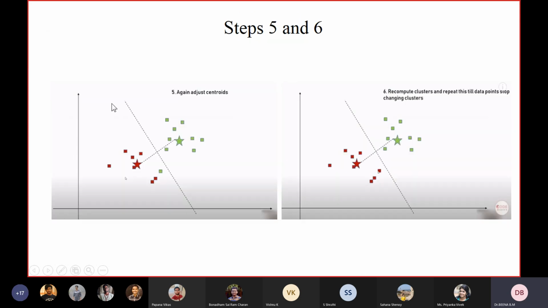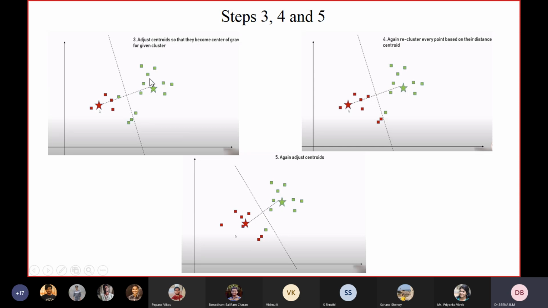Now you can see in this first diagram, keep on adjusting centroids. Now these 2 green points are turning into red when you recluster every data point based on the distance. So keep on repeating. Fourth step, readjust the cluster point based on the distance from the centroid.